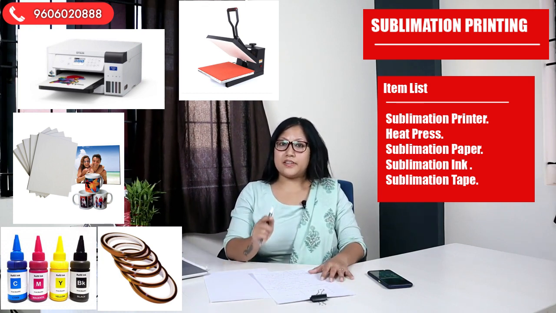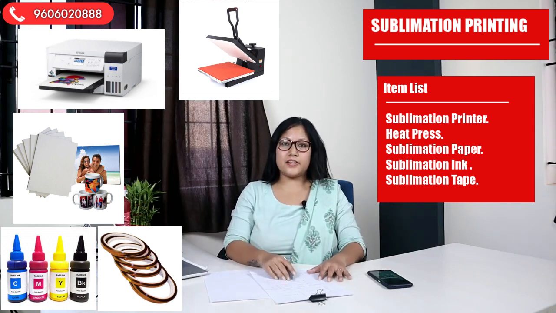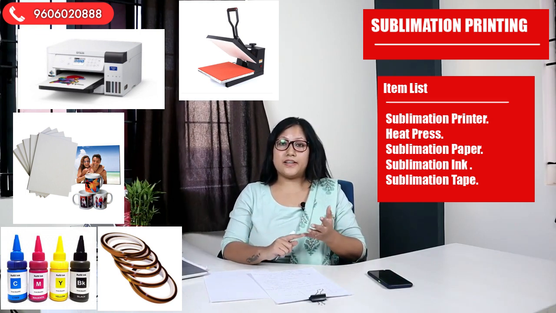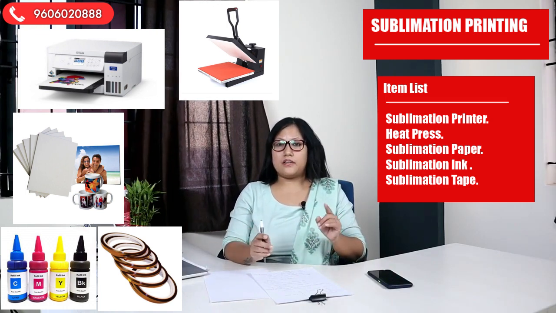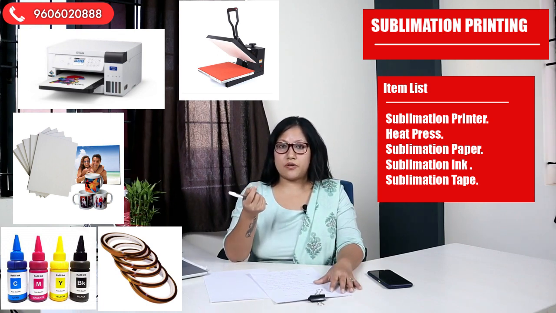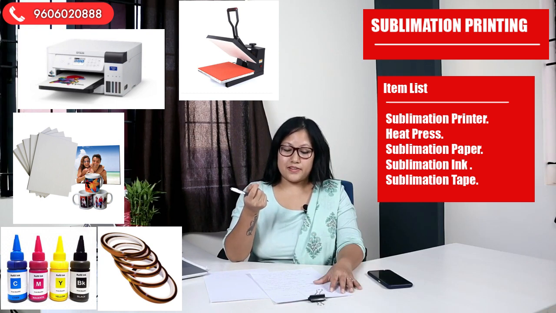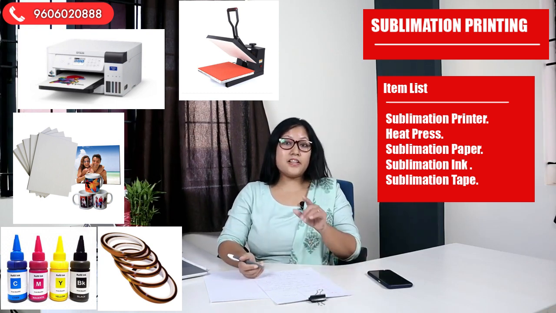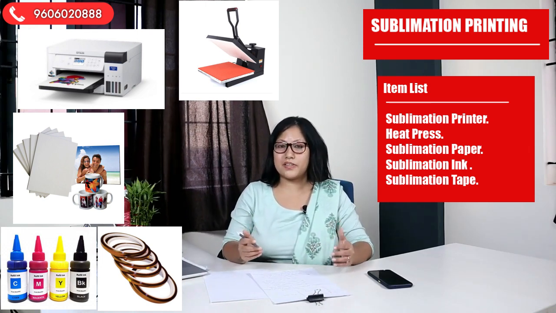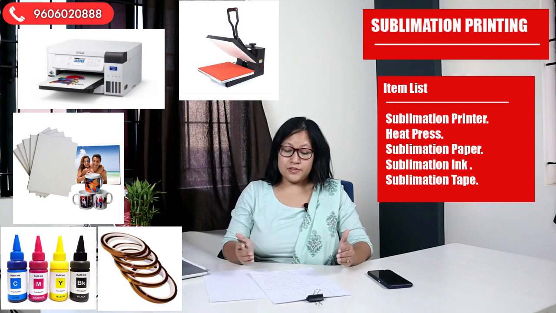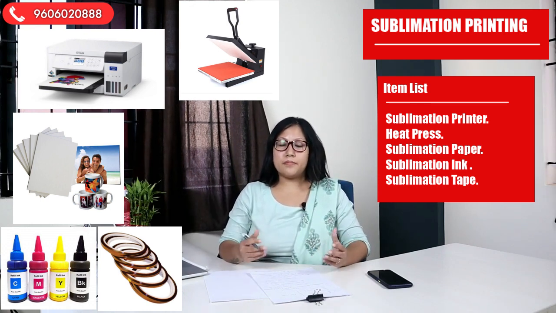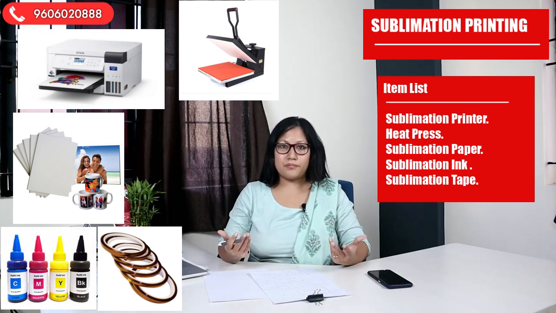The second thing you need is sublimation ink, and the third thing is sublimation paper, which comes in A3 and A4 sizes, and one pack might have around 100 sheets. The last is the heat press machine. A heat press machine is always required for all sorts of printing methods. A heat press is usually a big iron box. You iron on your t-shirt to get a quality print.